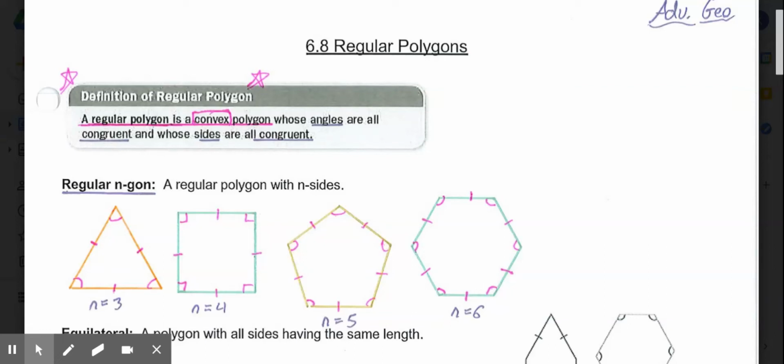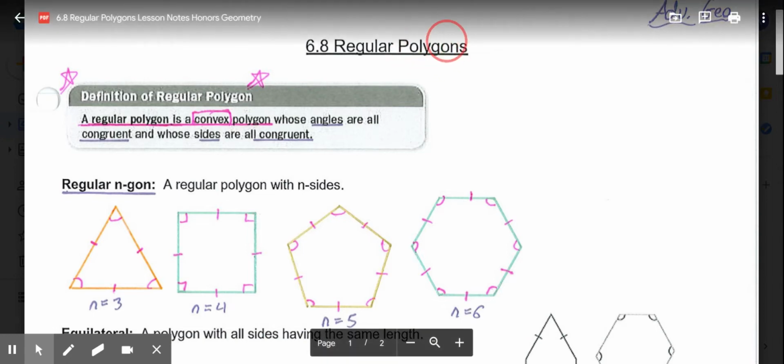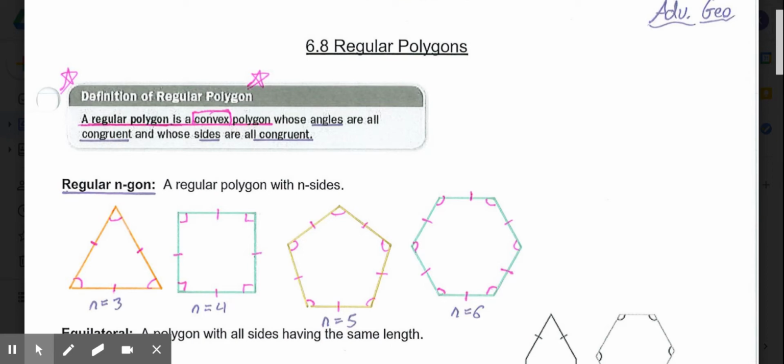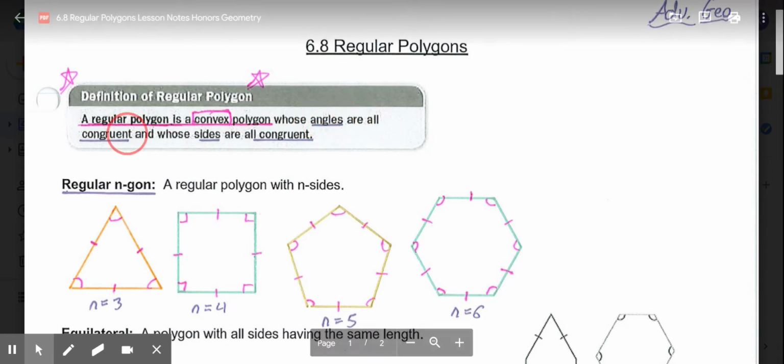Welcome to lesson 6.8, regular polygons. So to begin with, we already know what polygons are, but we need to establish what the word regular means in geometry. So the definition of a regular polygon is a convex polygon whose angles are all congruent and whose